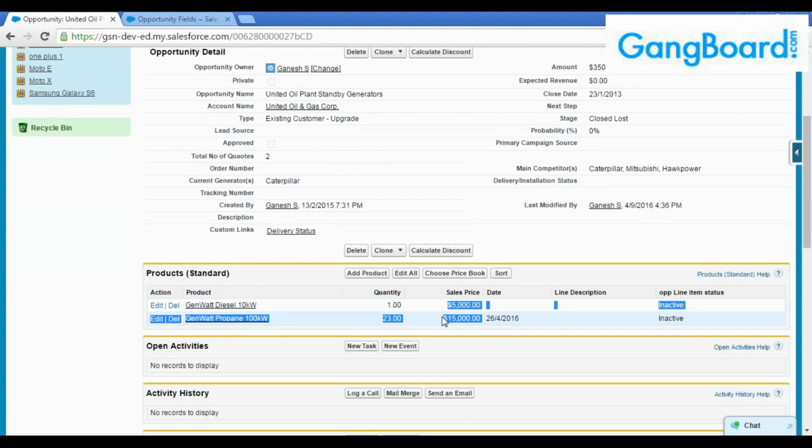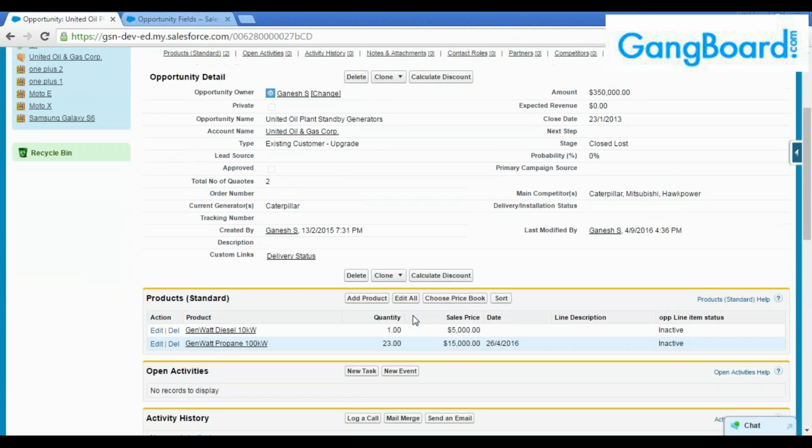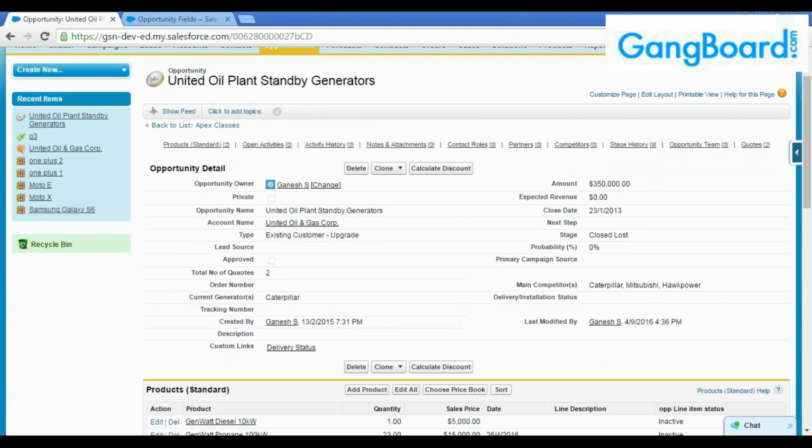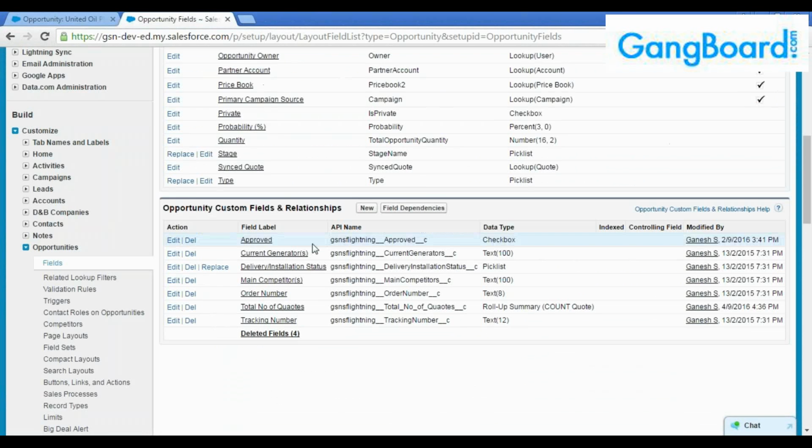So here we can have what is the total sum, what is the total sum of the opportunity products, what is the minimum price, what is the maximum price. So everything you can have on this opportunity record itself, you can have it. So now,